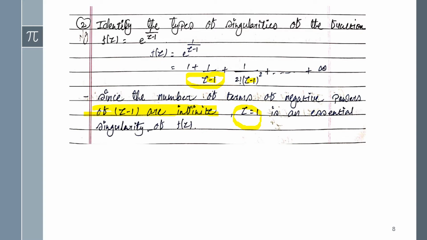Okay, see guys, again I am repeating: to know the singularities or any kind of singularities, you must be aware of all the singularities and their patterns, such as which kind of functions we can include in the essential, or which kind of functions we can write in the removable singularities, etc. Okay, now see the third example.